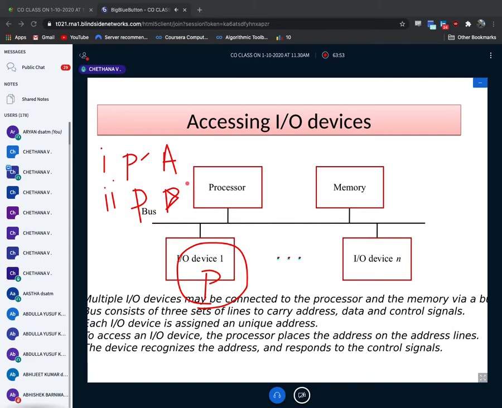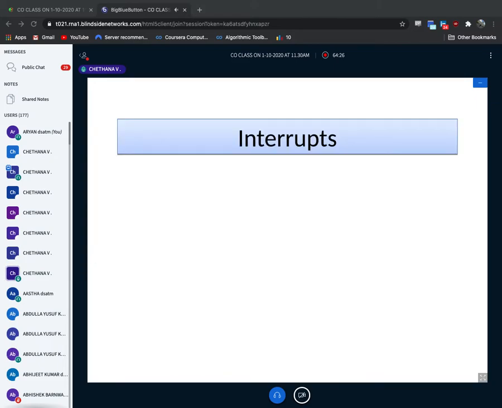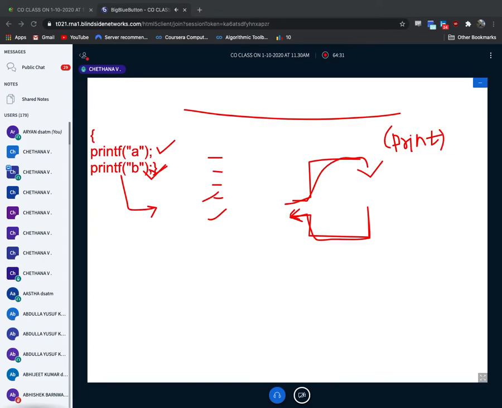While the processor is executing, you interrupt. Interrupt means stop it. Why are you stopping? Because you want the printer device. I'll come here. That is known as interrupting whichever is being served. You're executing with your processor, you stop it, you halt it, and you come to another device, that is the printer device. For what? A small routine. What's that routine? Print the data. What is the data? A. That is the service routine, the interrupt service routine. The same thing was available in that same diagram, with a small explanation.